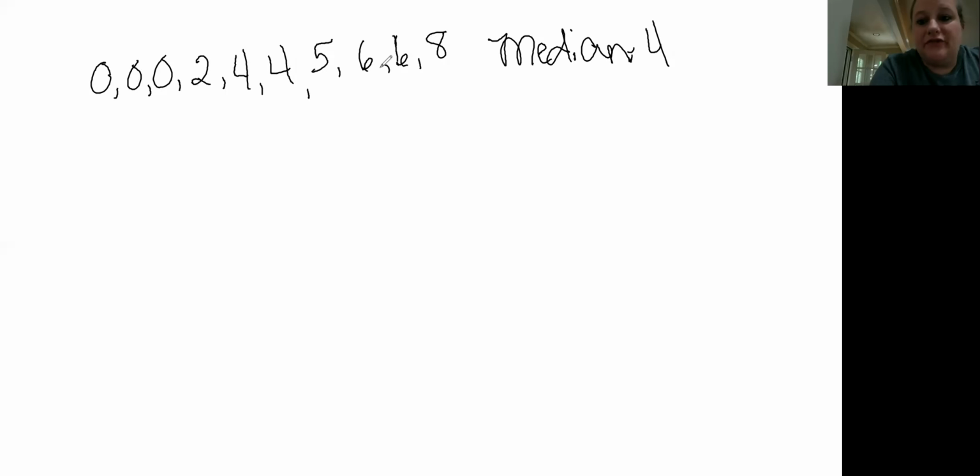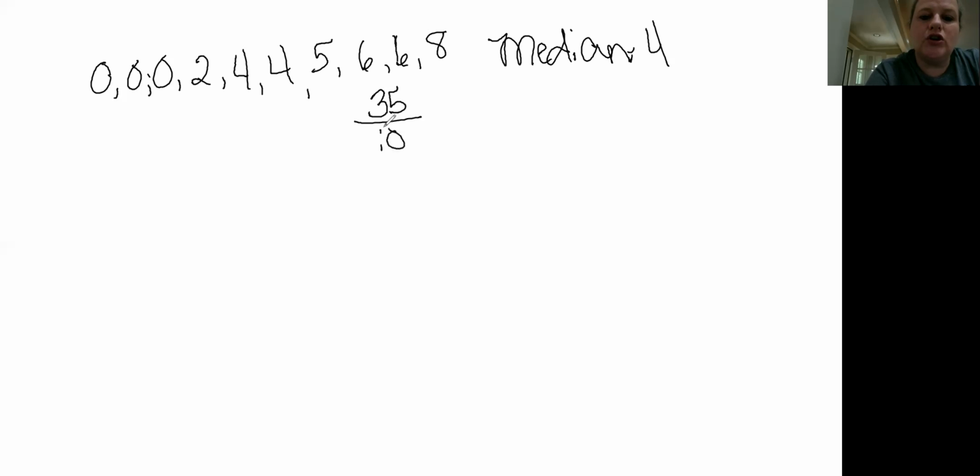Now, we have to find the mean, so we add all these up, okay? Now I could rewrite it 0 plus 0 plus 0 plus 2 plus 4, but I'm just gonna pretend I know there's addition signs there. And 0 plus 0 plus 0 is just 0, plus 2, so 2, plus 4 is 6, plus 4 is 10, plus 5 is 15, plus 6 is 21, plus 6 is 27, and 27 plus 8 is 35. So if you add all these up, it's 35